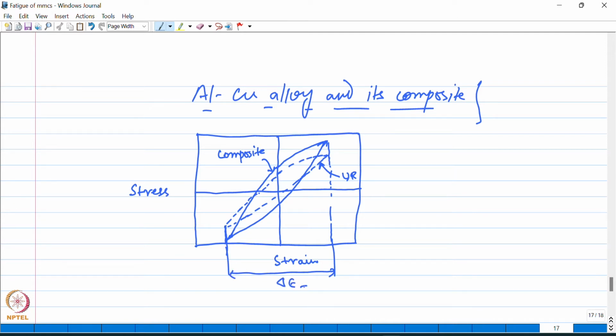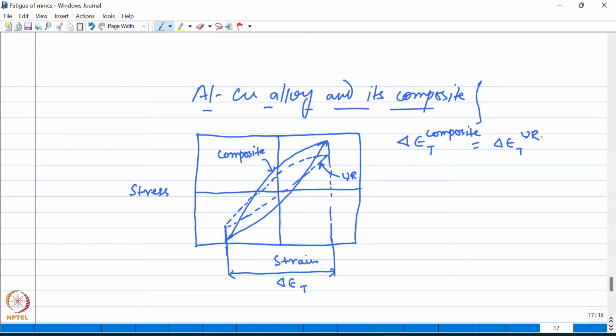So it's a total strain controlled fatigue behavior that we are talking about, and therefore the total strain in the composite will be equal to the total strain in the unreinforced material, that is delta epsilon T composite is equal to delta epsilon T